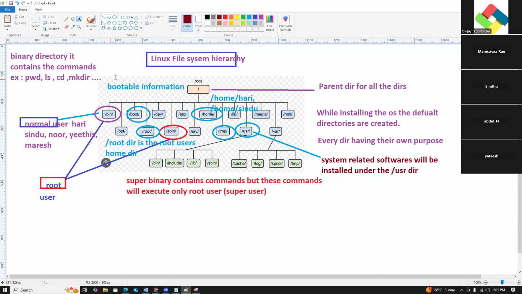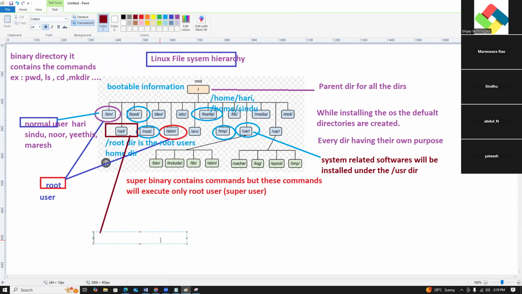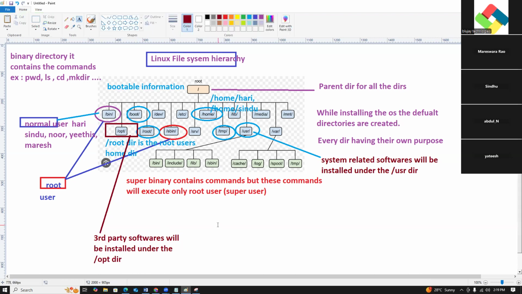Third party software, for example Tomcat, will be installed under which directory? The slash opt directory.